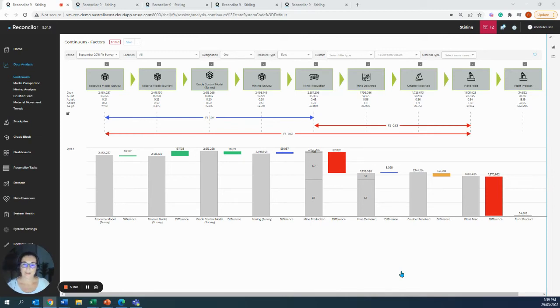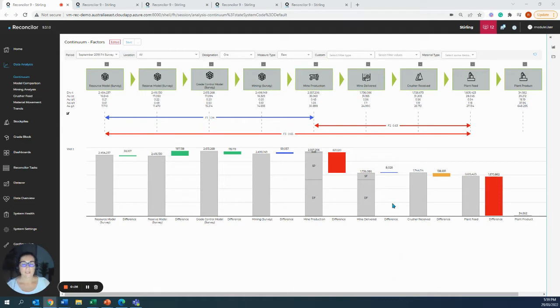Welcome to Reconcilor. Just going to take an opportunity to show some Mets how they can use Reconcilor to better inform what is being delivered to the plant. Obviously, we need plant numbers. We want to make sure that we're reconciling as close to the final number as possible, and throughout the entire mine value chain. That is the goal, to try and get the numbers that you're getting out at the other